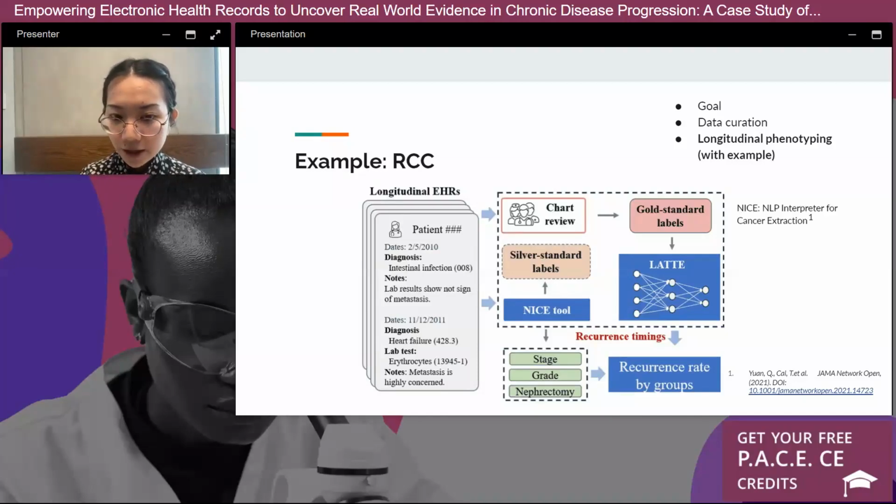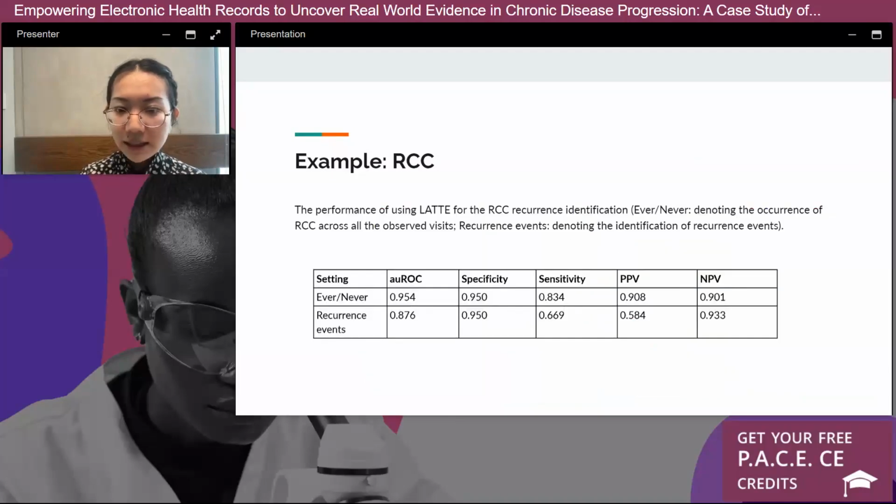And for our validation, we do set aside some gold standard labels to do the validation. So one task is to phenotype whether a patient has ever had any recurrence. So it's a binary problem. It's like 0 being the patient never has a recurrence event throughout all the observed visits, and ever being, well,